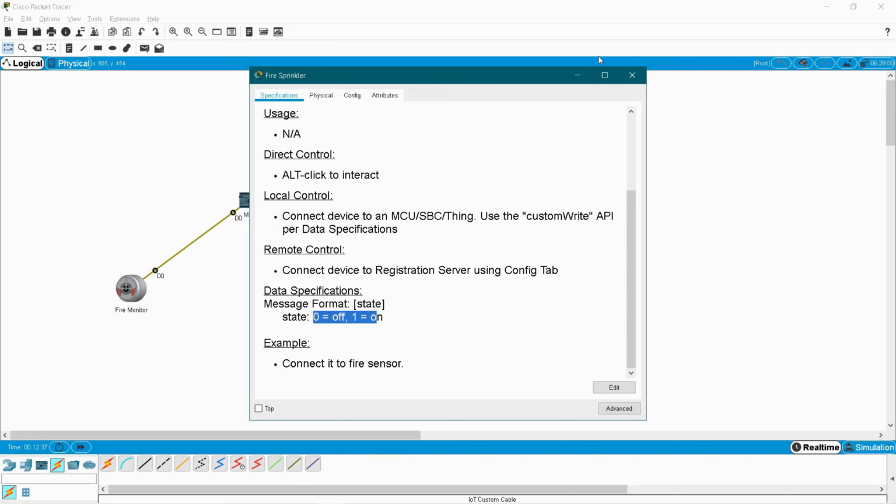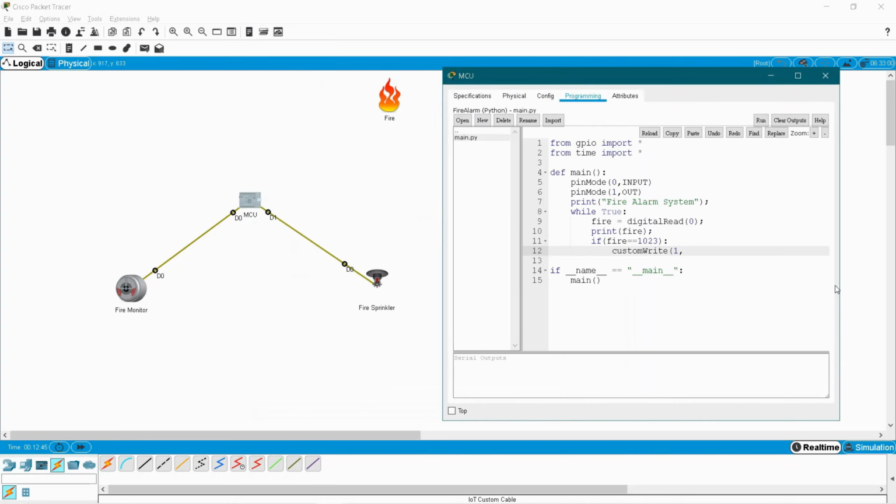Based on this value, I am going to make the program here. So 1 is your pin number through which your SBC is connected with your sprinkler. So followed by 1 means on. So inside the single quotes you have to give 1. Give enter, else now custom write off, same 1 comma, to turn off the fire sprinkler, 0 is the value. So inside single quotes I am giving 0. Why am I using single quotes here? To differentiate this pin number and this value.